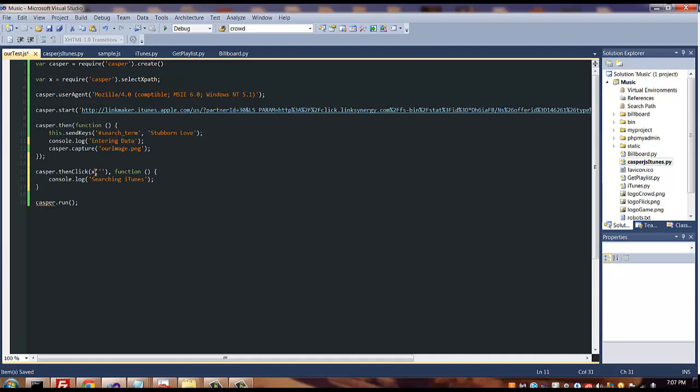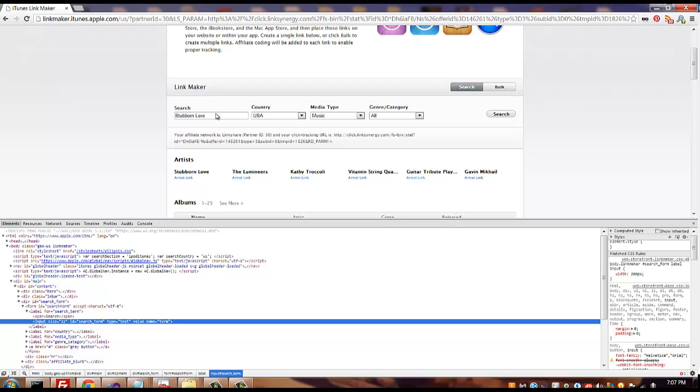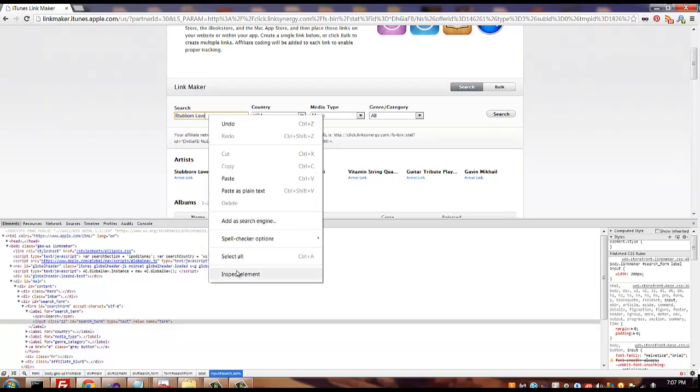So we'll say entering data, and the next function will say searching iTunes. Now we need to give it an XPath so it knows where to go. And we also need to close off this function. So in order to get the XPath, you just pull up the web page, you right click on the element,